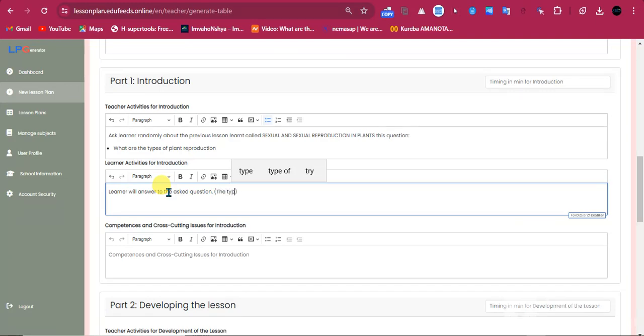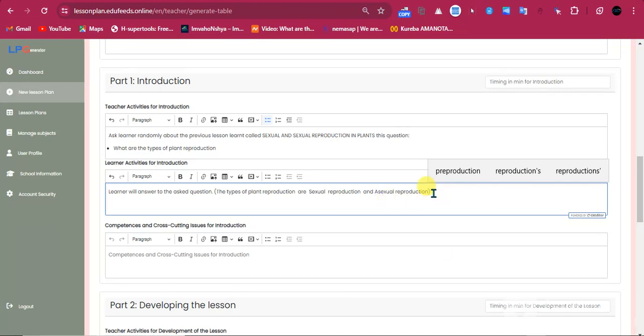The types of plant reproduction are sexual reproduction and asexual reproduction. Oh yes.